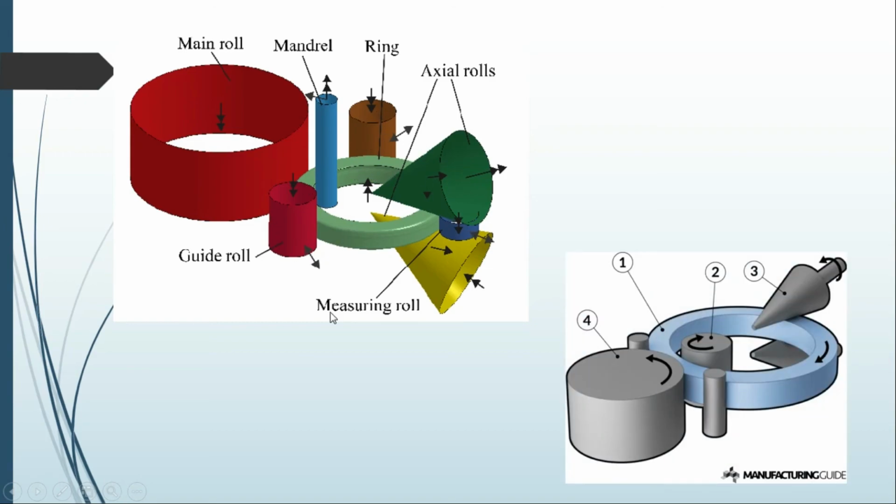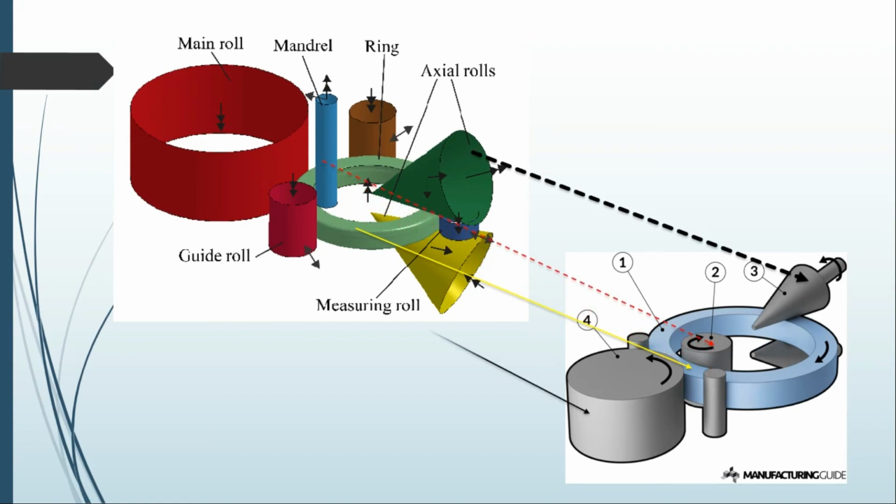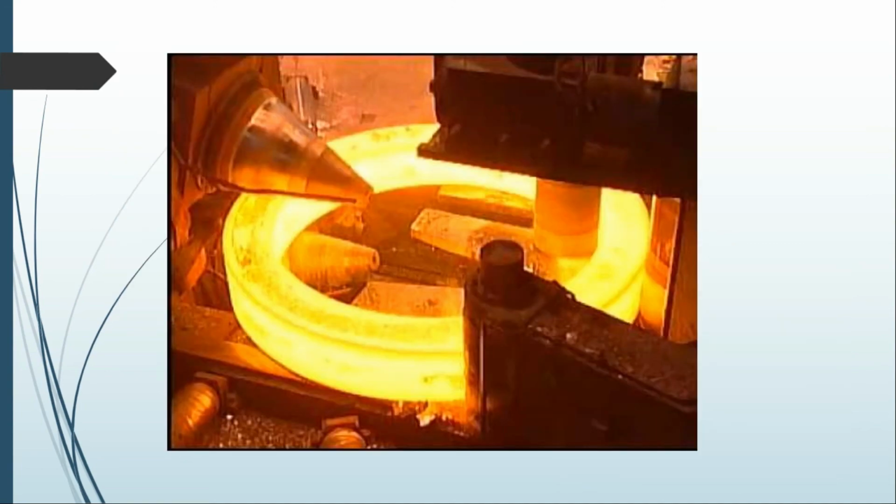Now you can see I have another diagram. One by one we have engaged: that is the workpiece, and this is the mandrel. Now we are going for the axial roller, and the last one is the main rollers. You may ask one question: sir, is this really available? Yes, just look at this, all the parts are available. As we showed in the schematic diagram, it is possible to make this type of structure using this.